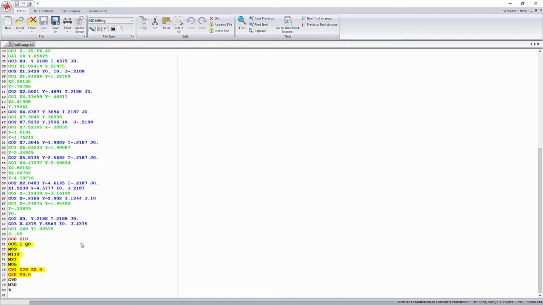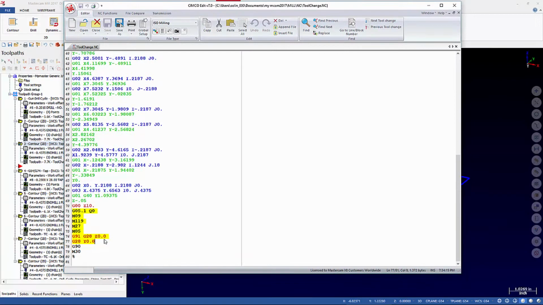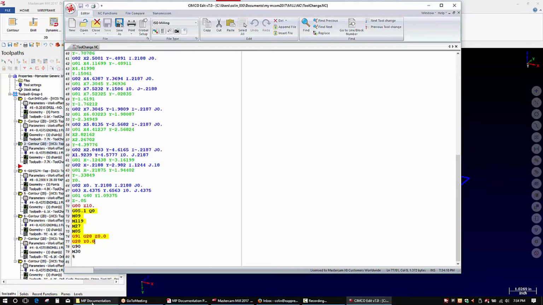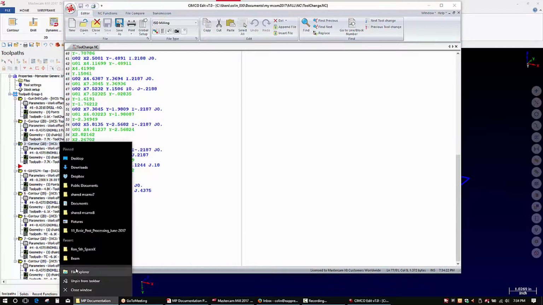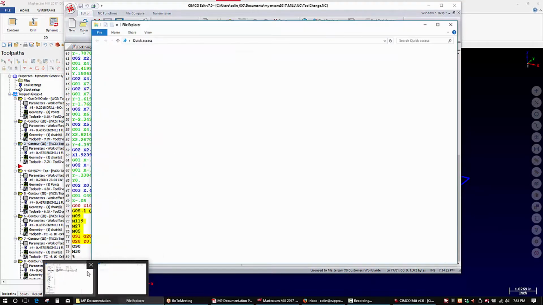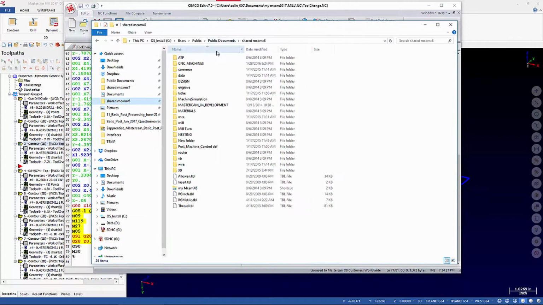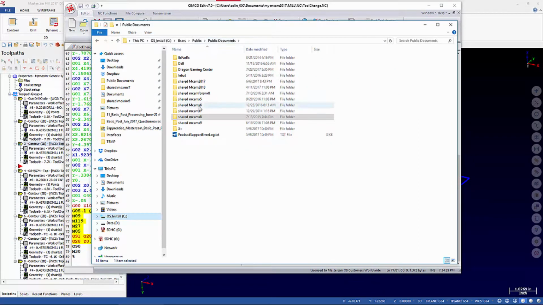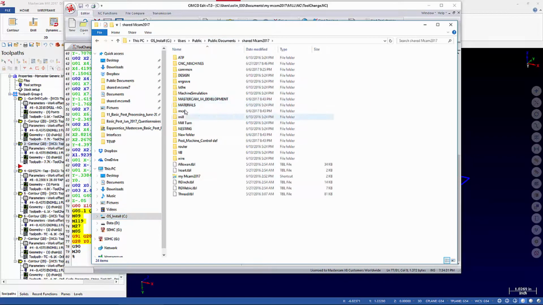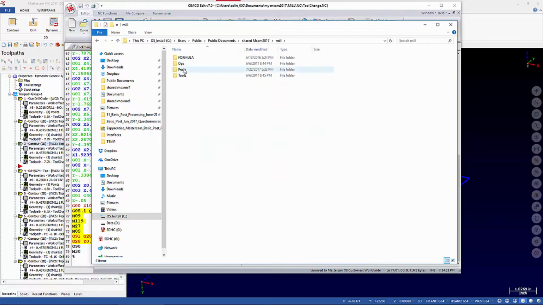And P-Retract is either called in between operations as part of P toolchange 1002, or it is called at the start of PEOF. So those are the only 2 places it's called from. If we go look at our post,